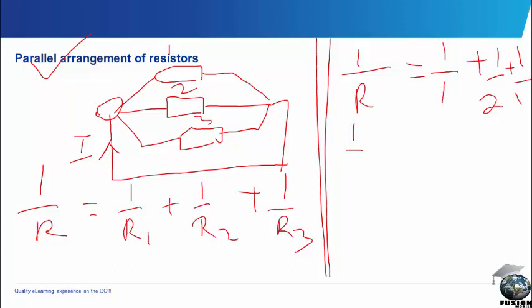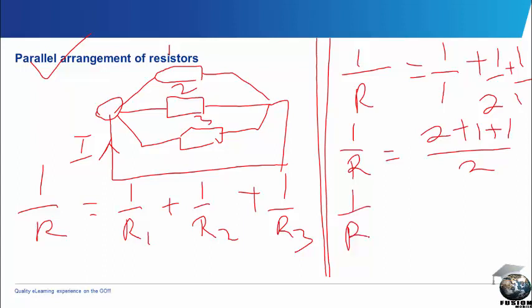That means that 1 over R will be equal to, taking the LCM, 2, here we have 2 plus 1 plus 1. That means 1 over R is equal to 2 plus 1 is 3, plus 1 is 4. We have 4 over 2. So, if 1 over R is 4 over 2, which is the same thing as 2,